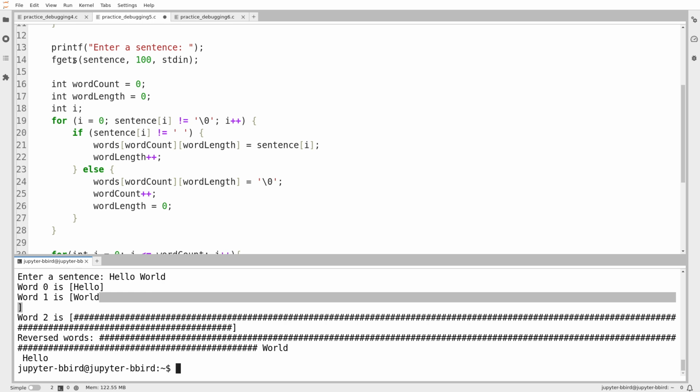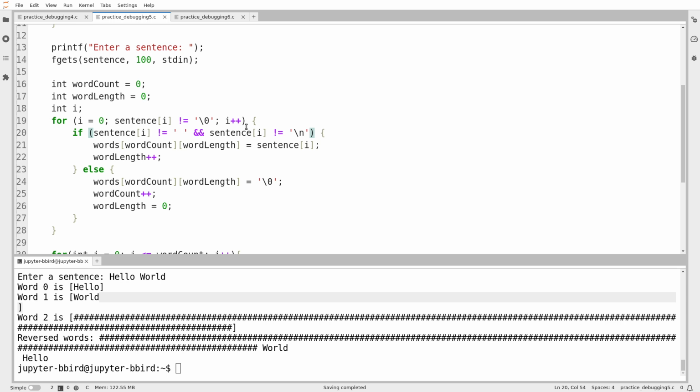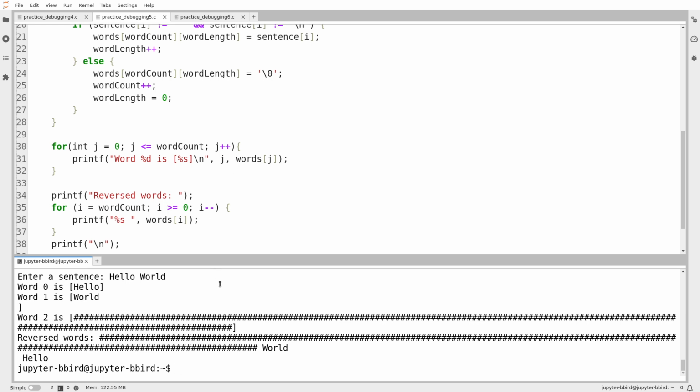That's because fgets, as you know from reading files, puts new lines at the end of the string that it reads in when you read up to a new line. So what I could do is say, if you hit a new line, then I also want you to stop the word. So end the word immediately if you hit a space or a new line. This is not a clean solution in my mind, but it is the solution that I think fixes the code I was given the most